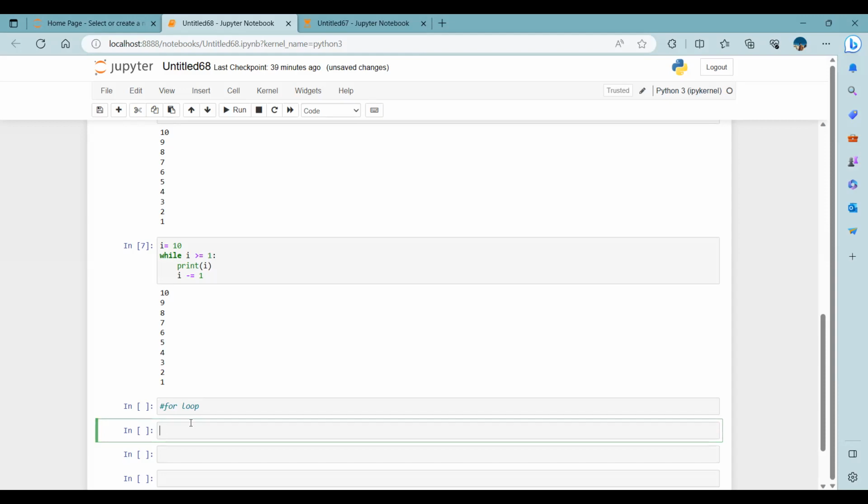Execute blocks of code. Yes, execute blocks of code in while loop also. But what is the main thing that differs from while loop to for loop? Okay. So no time waste. I am just giving you